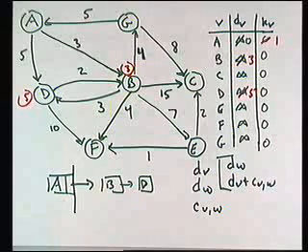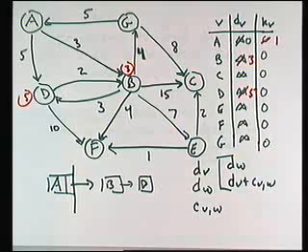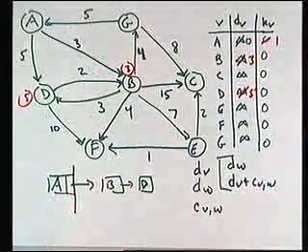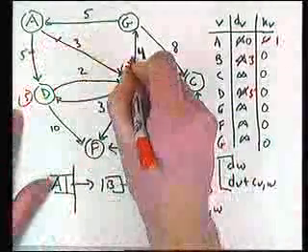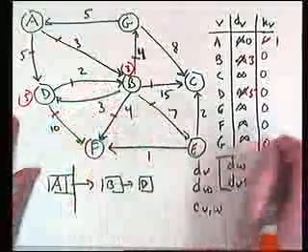Well, if I explore the neighbors of my first vertex, and then the neighbors of my second vertex, and then the neighbors of my third vertex, and then the fourth vertex I pick, and then the fifth vertex, and sixth, and the seventh. What I will have done over the lifetime of the algorithm is explored every edge, because every edge goes from some vertex to another vertex. So I would have gotten these two when I look at the neighbors of A, and I will have gotten these when I look at the neighbors of B, and I will have gotten those when I look at the neighbors of D,